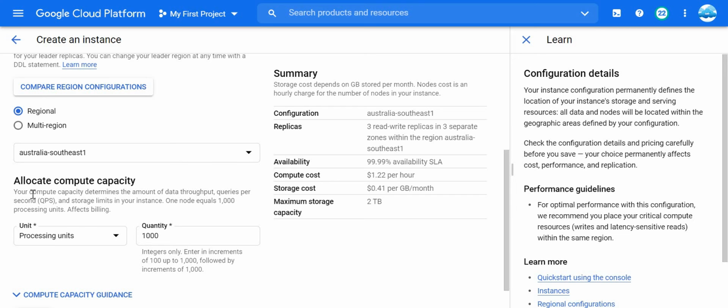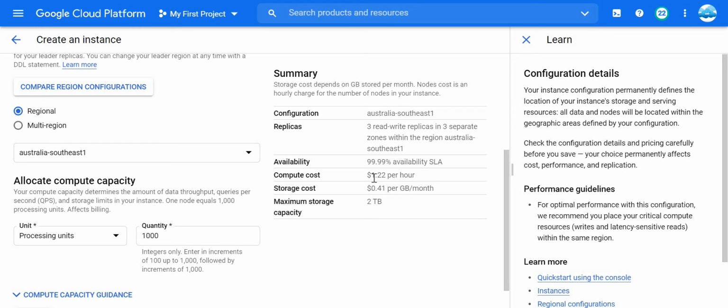You can read here, your compute capacity determines the amount of data throughput, queries per second, which is QPS, and the storage limit in your instance. One node equals 1000 processing units. So we are giving one node. If you want to increase it, you can increase it as per your requirement.